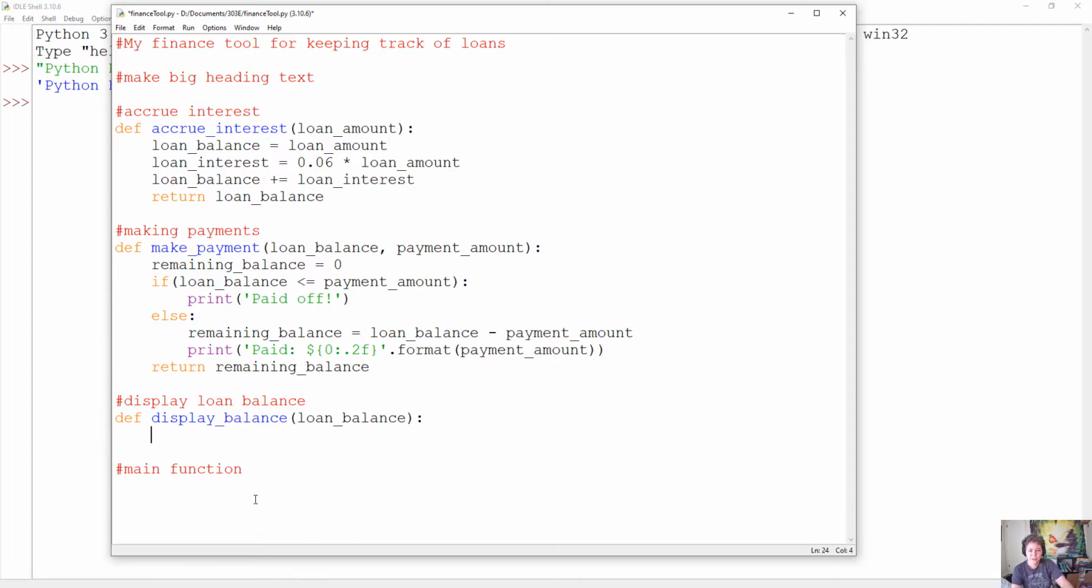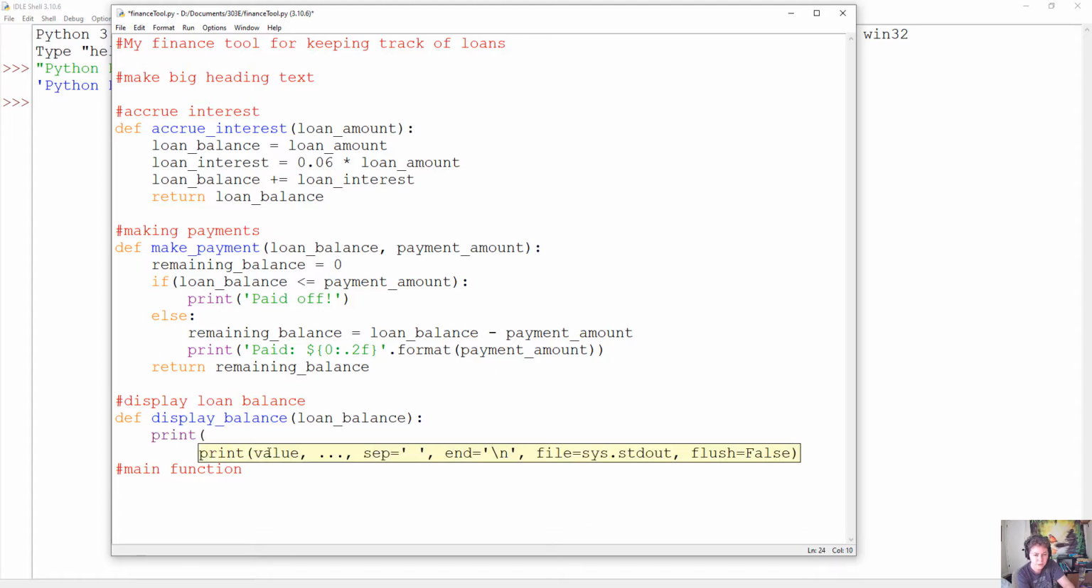And this is going to be actually an extremely simple function. The only thing I'm really going to do here is print out a formatted version of my loan balance using this same dot format that we used previously. So I'm just going to do a print statement here. So I'm going to print,